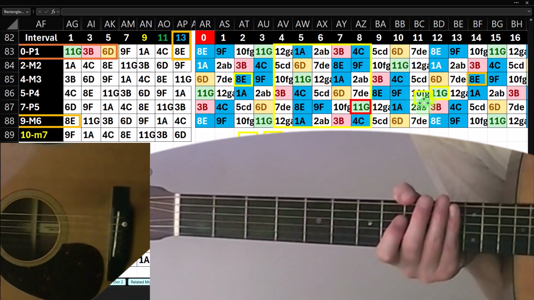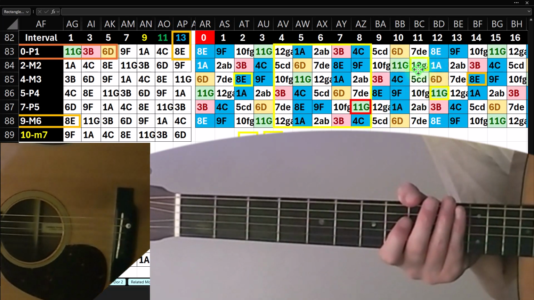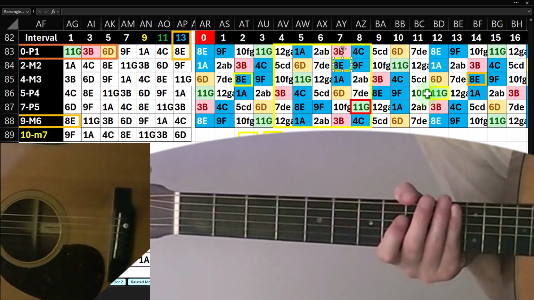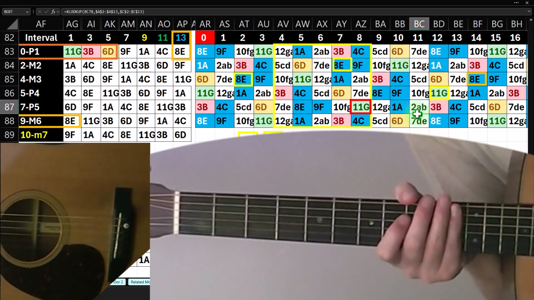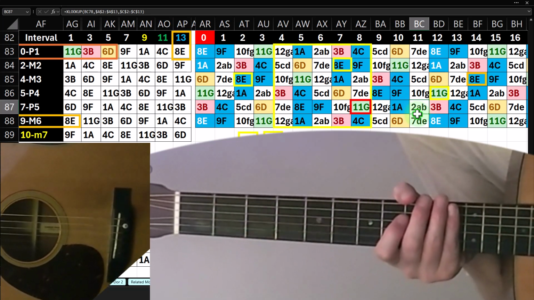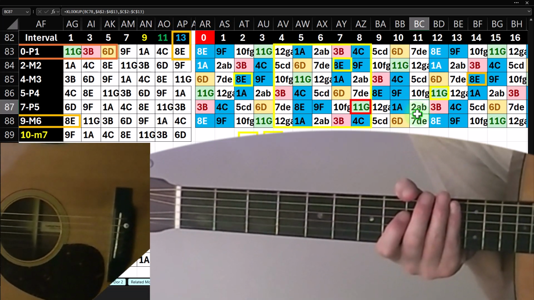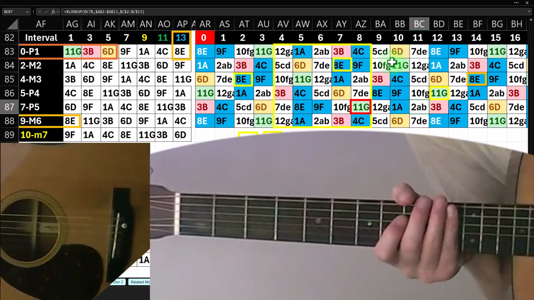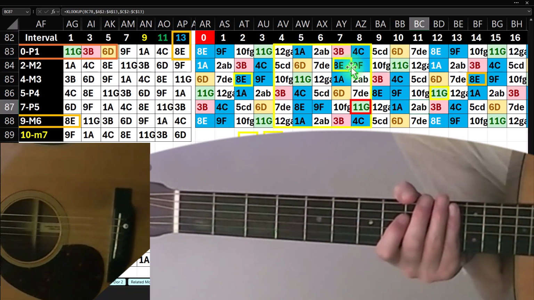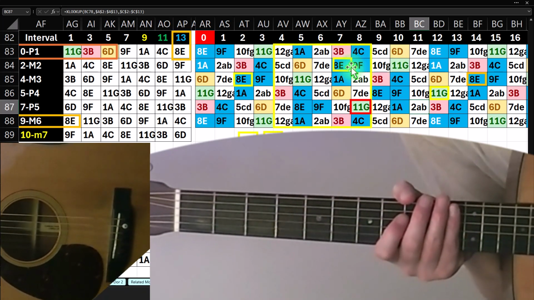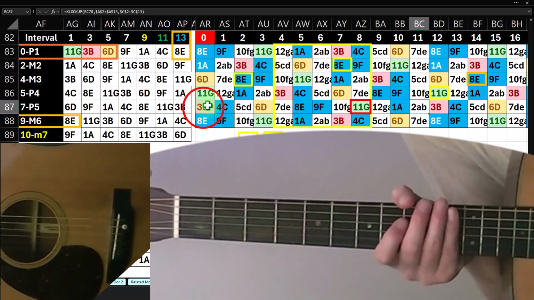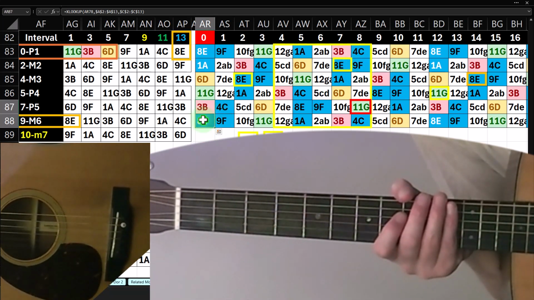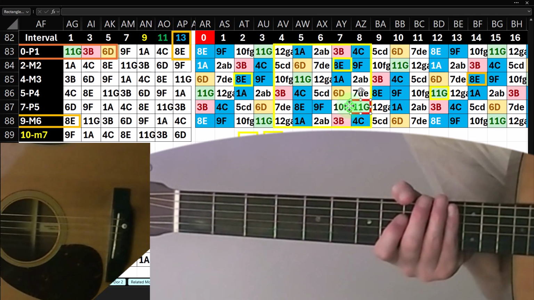Then I'm going to go up 2, and it would be right there, which would be a 5-note distance backwards. So the general rule: if I go up 2 strings, the 9-note away major 6, which could also be called the 9-note away major 13, will be 1, 2, 3, 4, 5 frets back, which is a shorter distance than going forward, which would be 7 notes forward, unless I cross the fault line, which I would if I was on the bottom 2 strings, the B and the E string, in which case, if I go up 2 strings